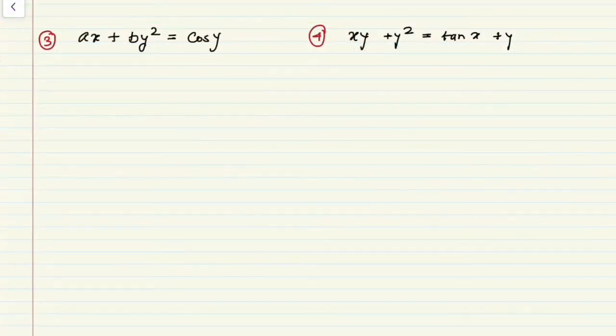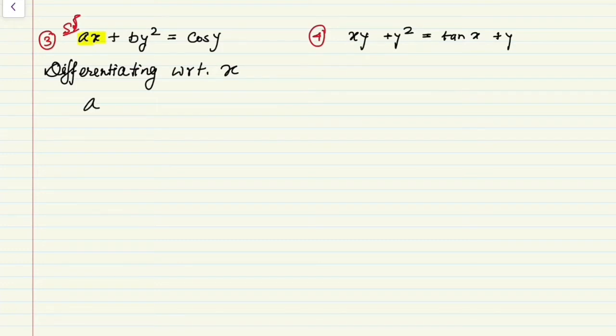So let me write the solution here only. Okay, let me start from here. So differentiating with respect to x, so here you see differentiation of ax, a is constant, and differentiation of x is 1 into a, definitely a,